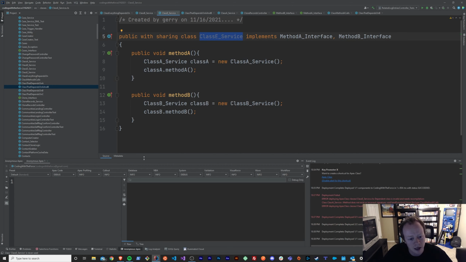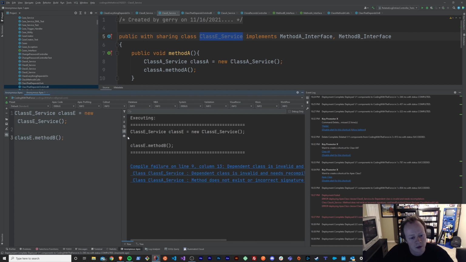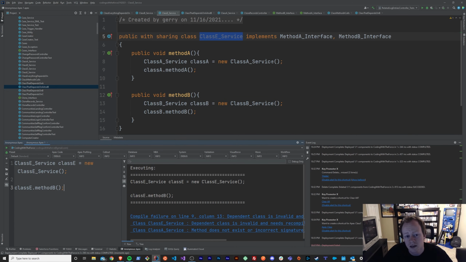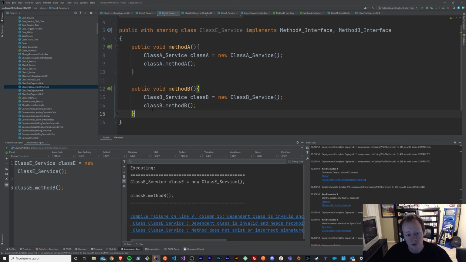So if I opened up my anonymous Apex right now and I did class E service, class E equals new class E service, and then I said class E dot method B, well, it'd break, right? And that's okay because the things that are calling class E service depend on both of these methods, right? Theoretically. So really there's nothing wrong with this. But you could actually fix this problem